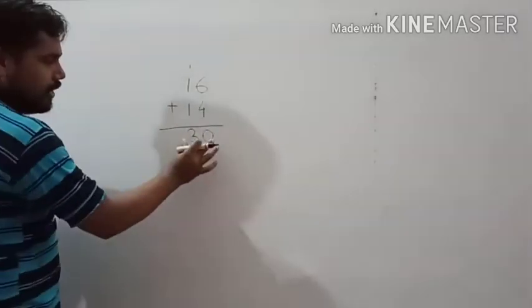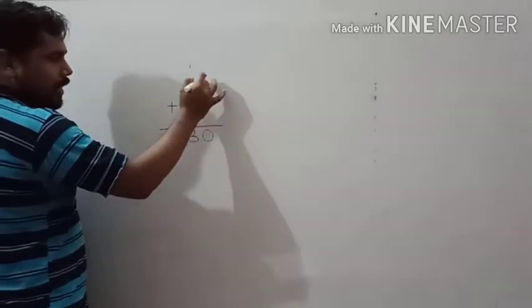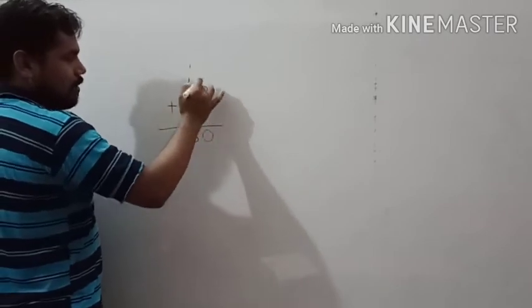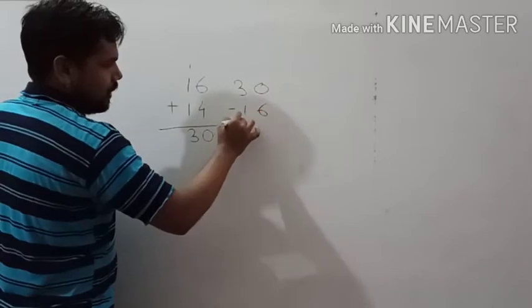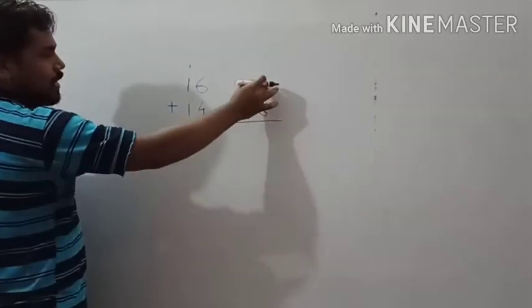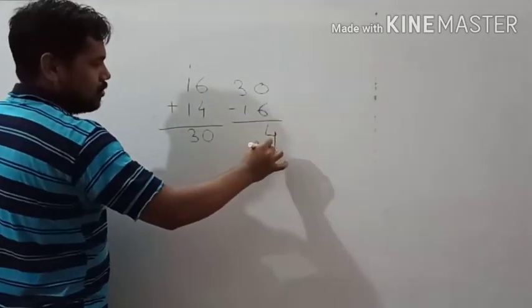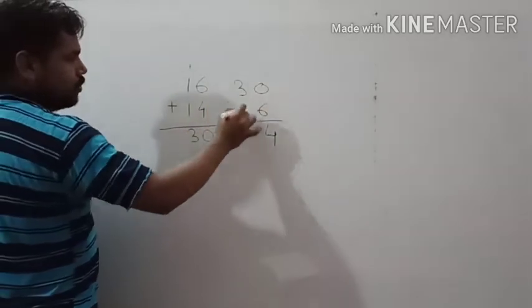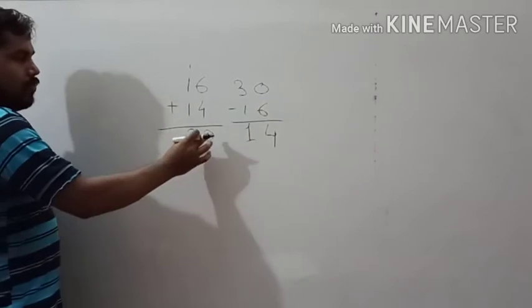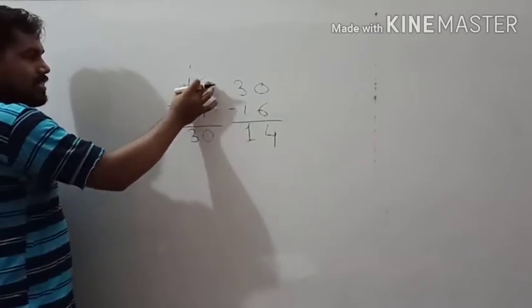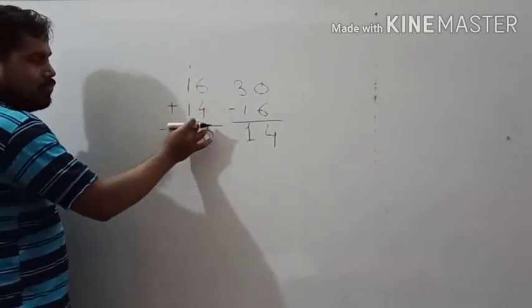Now let us see if you subtract 30 and any one of these. So suppose 30 minus 16 first. If you subtract 16, let me see how much will be the answer. 6 plus 4 is 10, so 4, 10, so this is 2, 1. So you can see when you subtract 16 from 30, you are getting 14. This is the answer which you are getting.